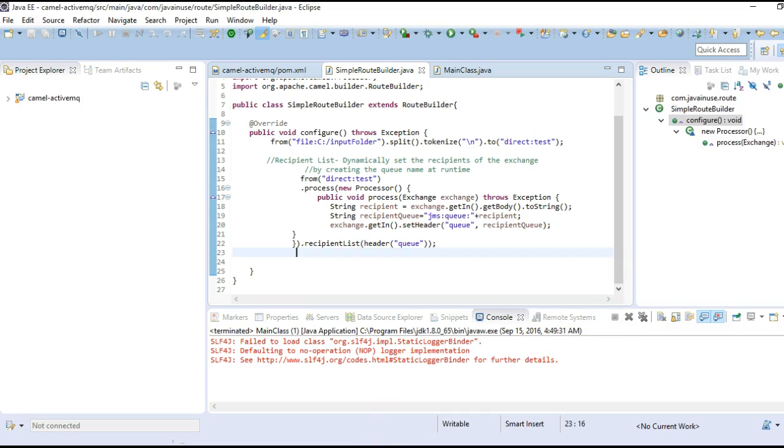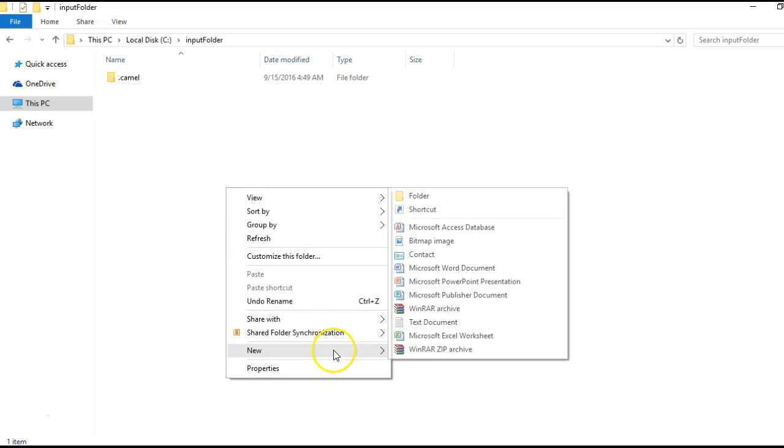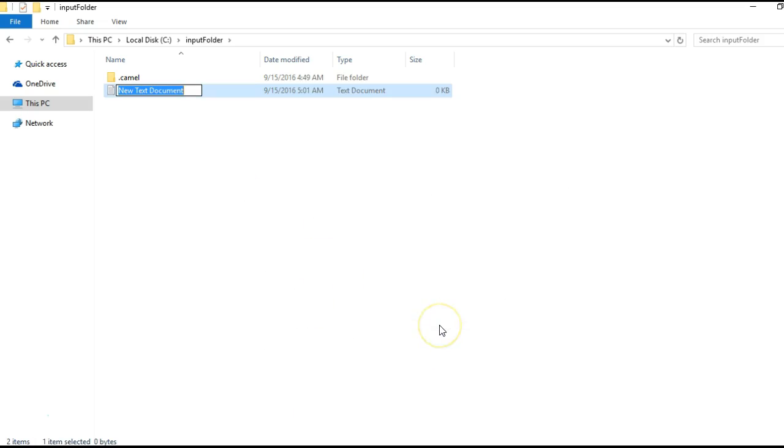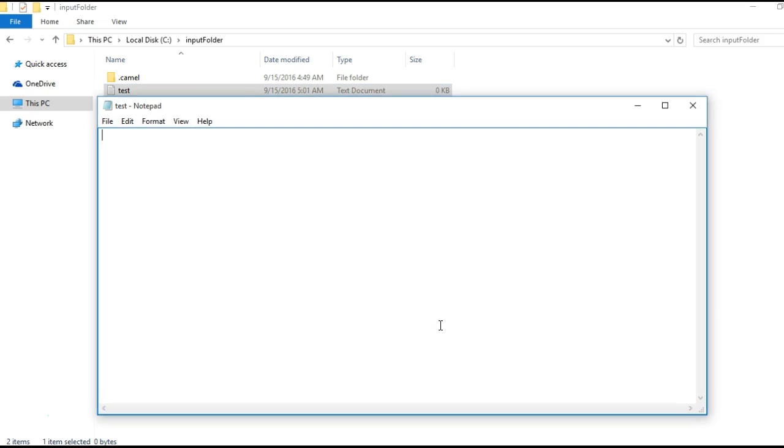Let's try this out. Here we'll create a new text document test, and here I'll just write 1, 2. So 2 new queues will get created, and their name will be 1 and 2. In 1 one message will go, into 2 one message will go.